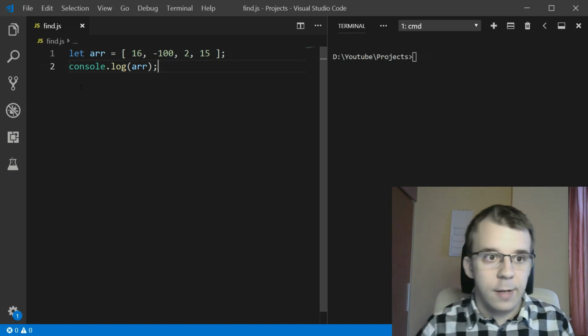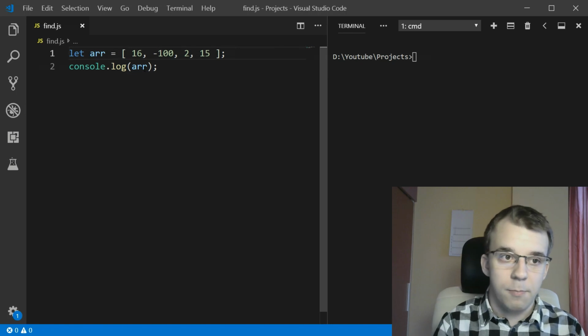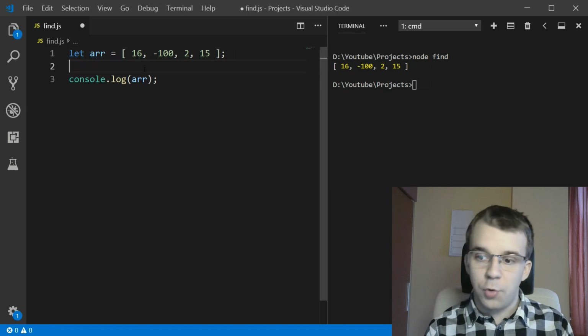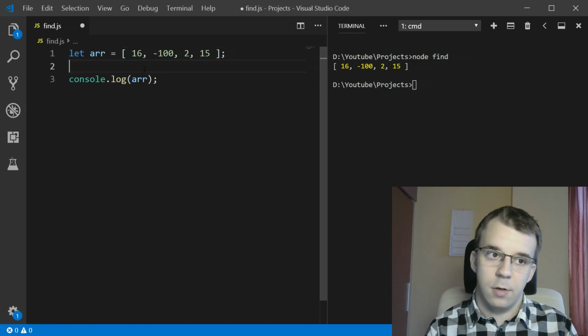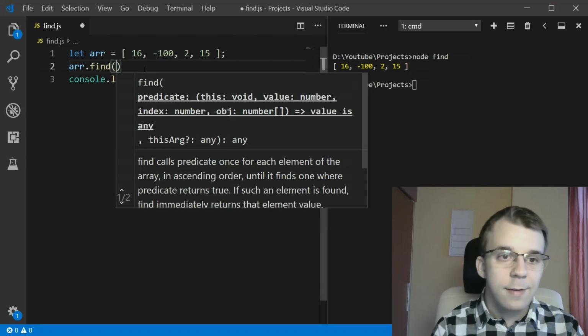So here I have an example. I have an array, right, of 4 numbers, and I'm just printing it on the screen. If I run this without doing anything else, I get just the array, right? So if we try to use the find method, we just have to say array.find, and this takes in